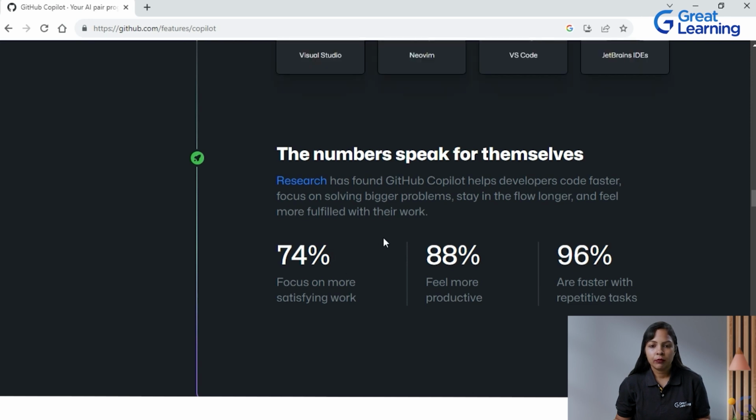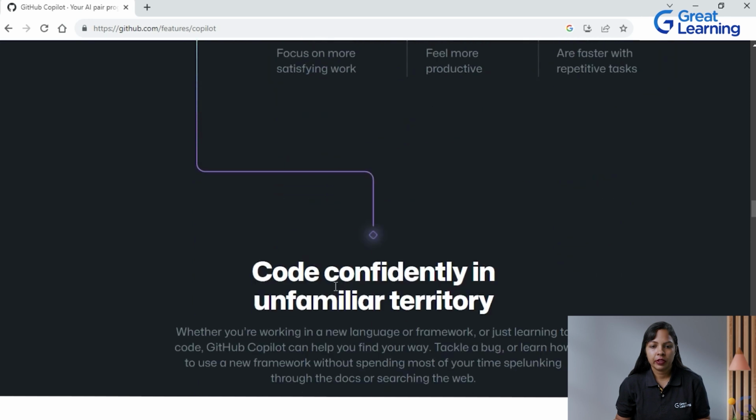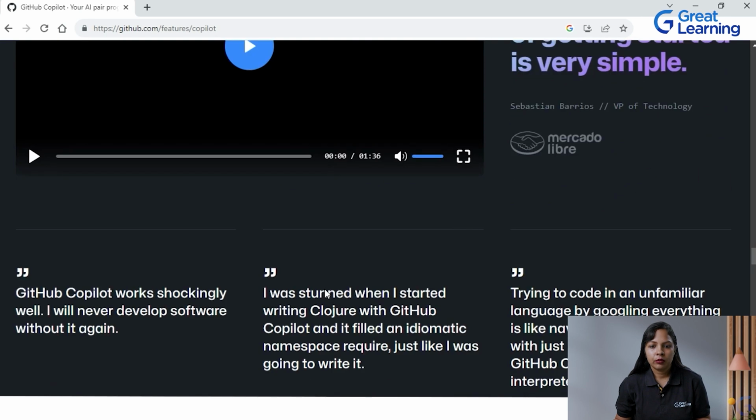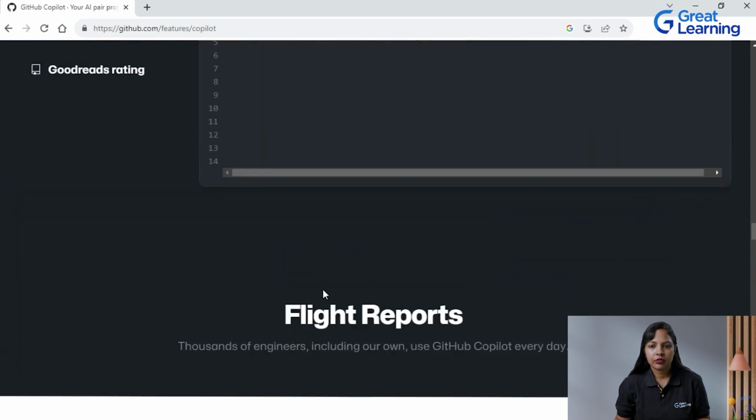The research has found GitHub Copilot helps developers code faster, focus on solving bigger problems, stay in the flow longer, and feel more fulfilled with their work. So this is some research data which has been put up over here. And similarly, further down you can see somewhere it is also mentioned which all